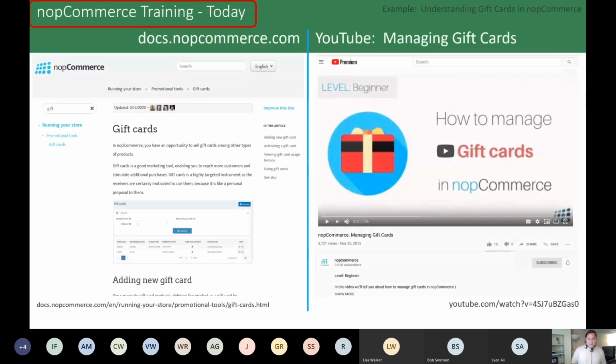So as an example, if I was going to look for a nopCommerce training, they have their documentation, which is pretty good. So if we had the specific example on, let's say, how gift cards work in nopCommerce, you have the online documentation itself, which is okay. It's probably not enough for a developer, but nonetheless, it's maybe enough for a user. But then there's also random videos out there. Like in this example, there's a video on how to manage gift cards. And when I was thinking about it, I really don't want to do documentation and create videos to provide this kind of immersive